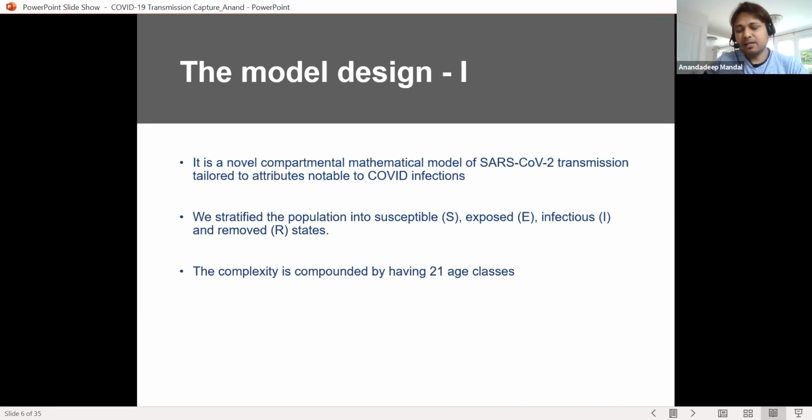From the susceptible to the infected state, you enter a latent state, which is the exposed stage. So I'm susceptible to the disease, I get exposed to the disease, then I get infected, and then I get into a stage where I survive or I don't. That's removed. So we added complexity to the model by including age classes.